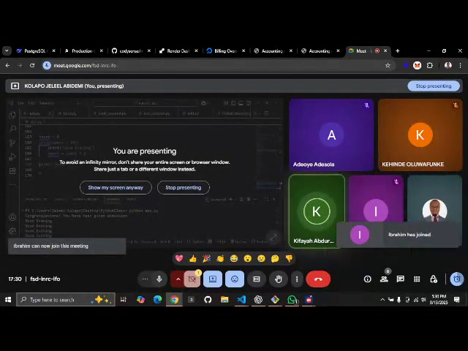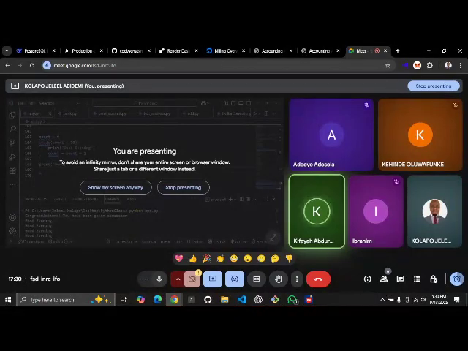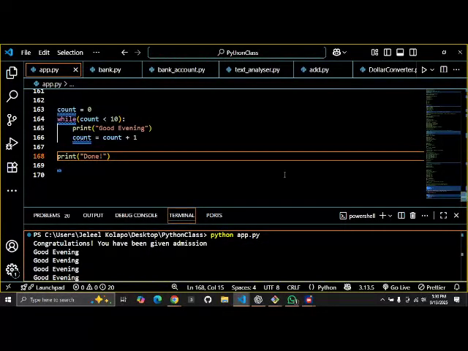Hello, assalamu alaikum. Alaikum salam. Sir, you said count equals 0. Yes. Why count less than 10? Yes. The line 2, line 3, print good evening. Yes. Line 4 says count equals count plus 1. Yes. This first count, is it not going to be different from